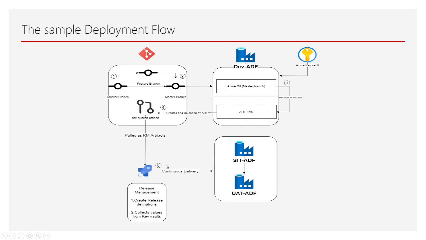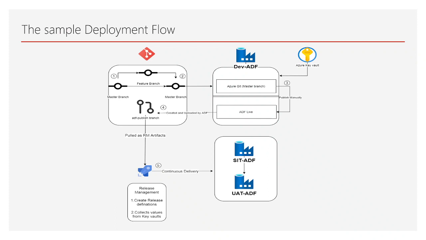Now after that, in the continuous delivery pipeline, we fetched all the secrets from the key vaults and used them in the parameters. After that, all those things got pushed to our SIT ADF and UAT ADF. After all this, we debugged the UAT ADF using the new feature, which moves the input container files to the output container and deletes all the files inside the input container.